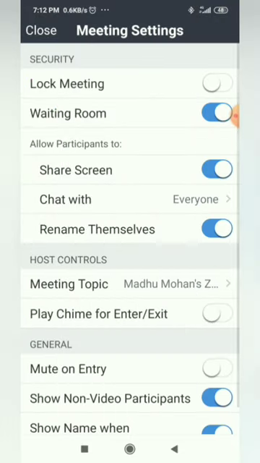In this setting, assume that if it is some personal meeting or any important meeting, after 4 o'clock, the host, if he is willing to lock the meeting, should not accept any other person to join after 4 o'clock. If you click enable this lock meeting, then no one will come after 4 o'clock. 4 o'clock sharply, if you click lock meeting, no one can come.